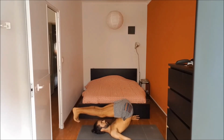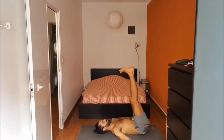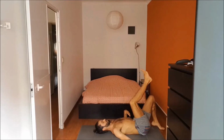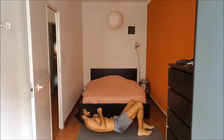Then to go out of it, we're going to roll down vertebra by vertebra, engage the core, use the hands on the floor to help you. Don't block the breath as you're going down. And then as your sacrum arrives, bend one knee, then the other. Place one foot on the floor and then the other. And then you're ready